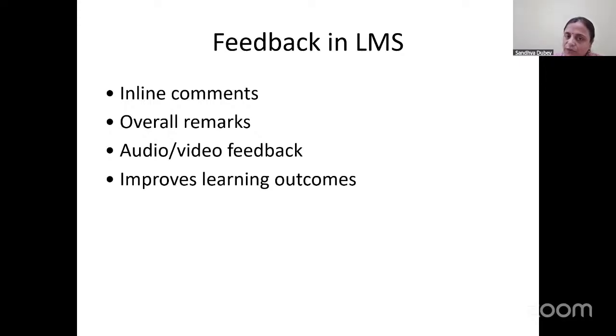If only a few students need to be addressed, you can write in the inline comments. You can give audio or video feedback, where you have a sample of solving the application or solution recorded in the form of a video, how it is working, and that can also be uploaded as feedback. It all in total improves the learning outcome.